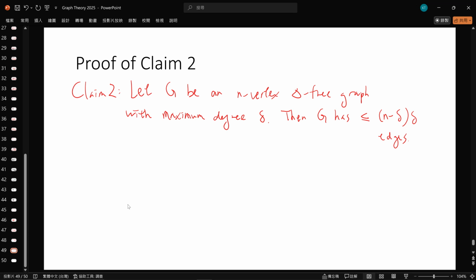So the assumption is still the same, okay? We cannot have a triangle, okay? And we want to see what is the upper bound of the number of edges we can have for this triangle-free graph. 有任何想法吗？所以我们要做的事情就是想办法找一个 edge 数的上限，OK，然后这个 edge 数的上限会跟最大的 degree 有关。所以换句话说，如果我今天跟你讲这个 graph 最大 degree 是多少，那你可不可以根据这个资讯，然后跟我说这个整个 graph 最多会有几个 edge？